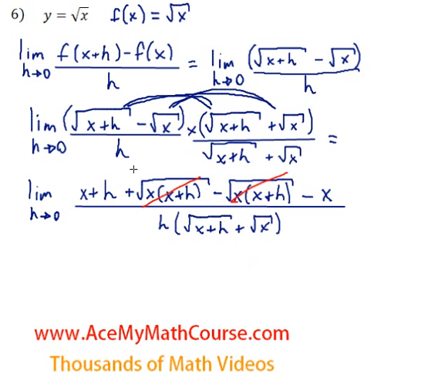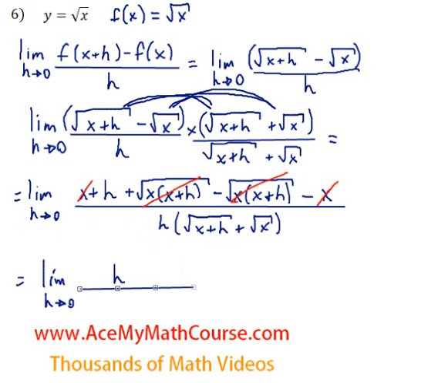And look at this. We also have x minus x, also 0. They just cancel out. And of course, just in case, I'll mention this. Why did these cancel out? Because it was just plus, right? So positive square root of x times x plus h minus square root of x times x plus h. So they just canceled out. So we're only left with an h up top. So we're almost there. So we have the limit as h approaches 0 of h, all over